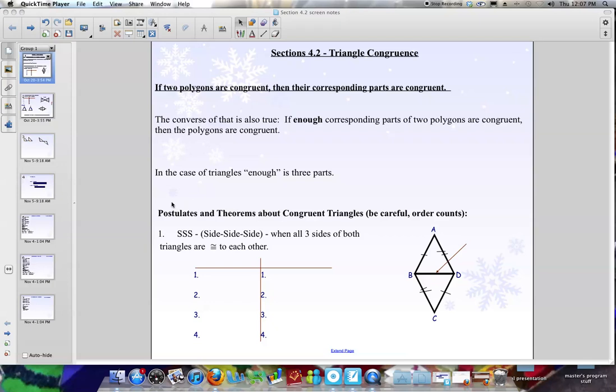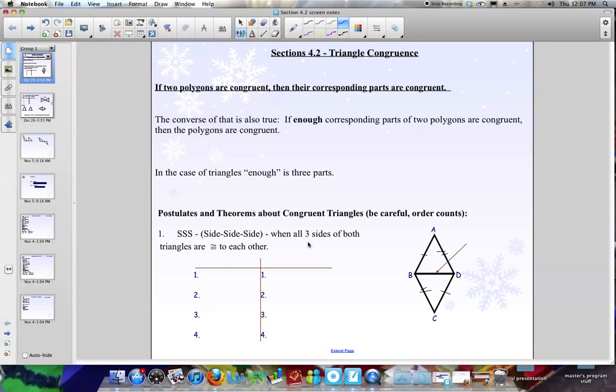The first one we are going to learn is called side, side, side. We abbreviate it SSS. It says when all 3 sides of one triangle are congruent to all 3 sides of another triangle, then the triangles are congruent to each other. I'm going to show this using a proof to show the 3 parts that are congruent. From the picture, the tick marks tell us that we are given certain pieces are congruent. In this picture, we are given that AB